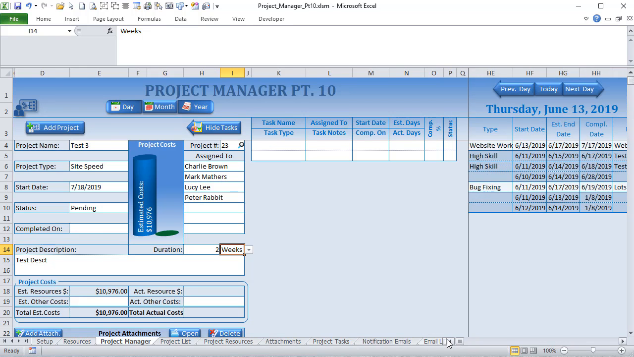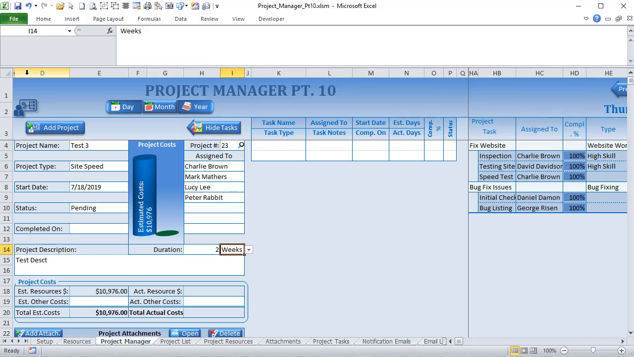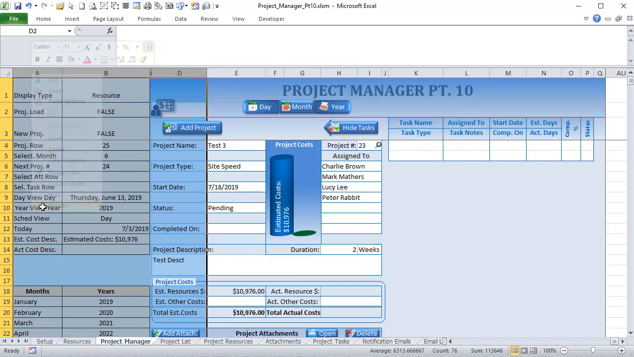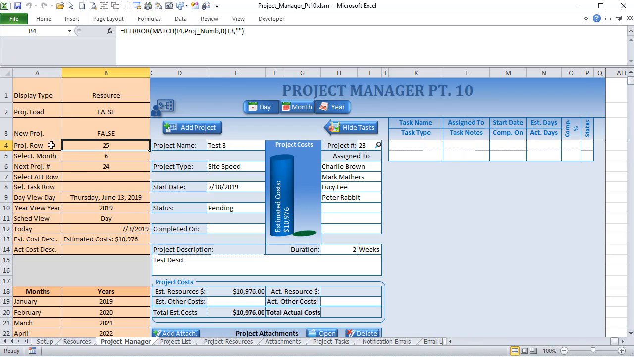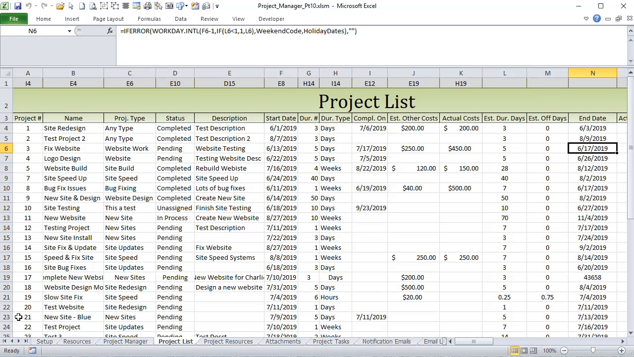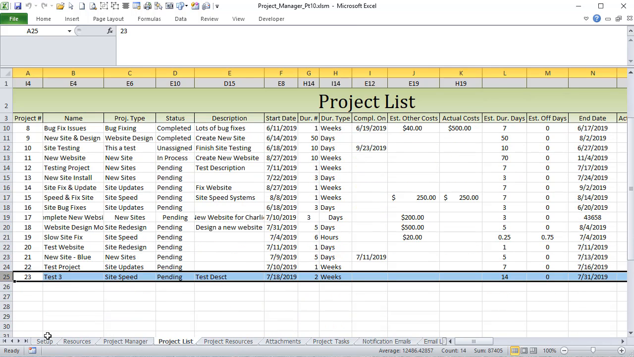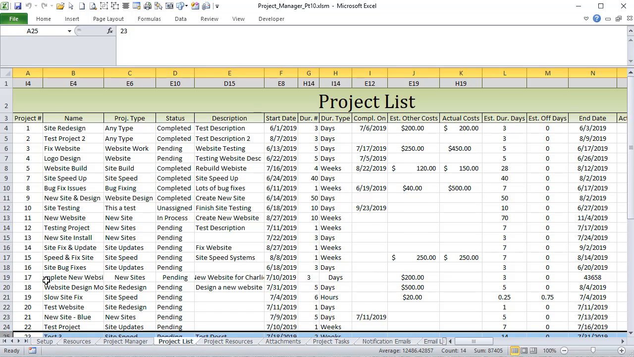If we look here, let's unhide these. If we look here in B4, we know the project row is 25. The project row in this project list is 25. So when we pull it down here and we look at 25, we know that is the project. So what I need to do is pull this end date. But we know it's row 25, but if we're indexing